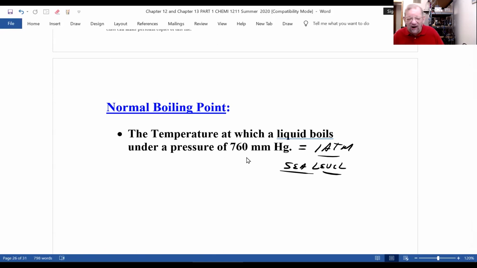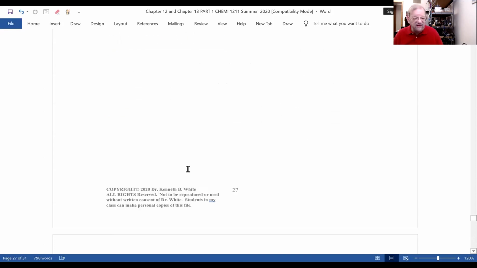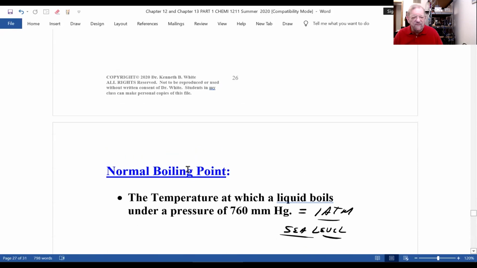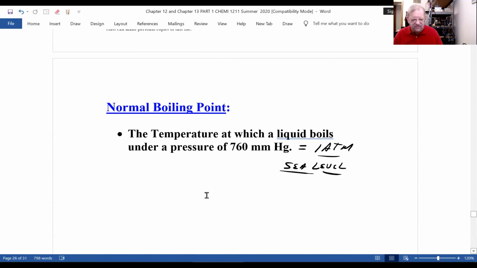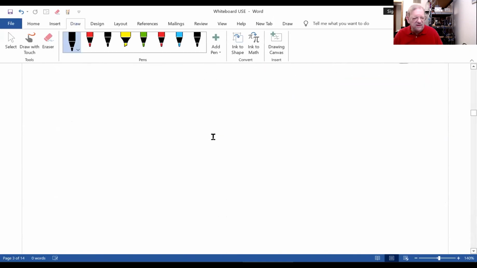So when it's 1 atmosphere, 760 millimeters of mercury, you'll find the boiling point of water is 100 degrees C. Now, if you go to Denver,